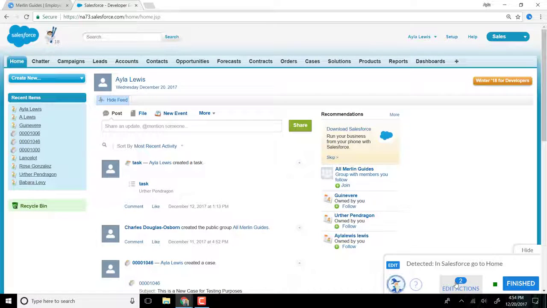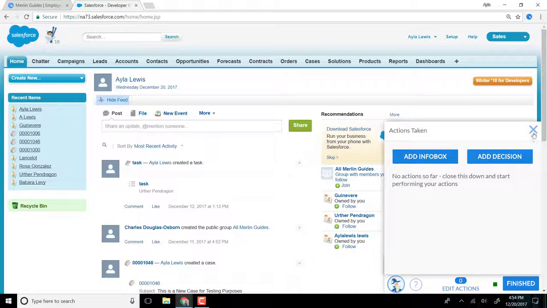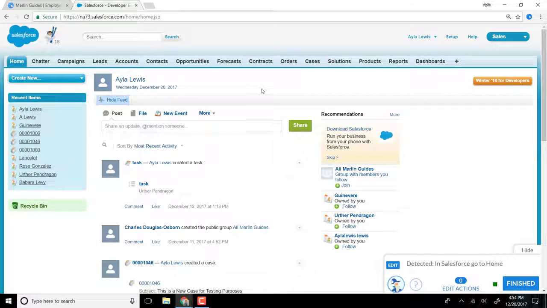You'll see that there are multiple actions already recorded, and that is because in Salesforce we've made Merlin smart enough to notice what console you're in. We're in the Sales console, and what tab you're in. We're in the Home page. You can delete those if you don't want those options to automatically take users to the right console or to the right tab. Let's say if they always start off on the same page, you might not need those options in there. But to do this video, we will modify a report, which is actually quite a complex process, but